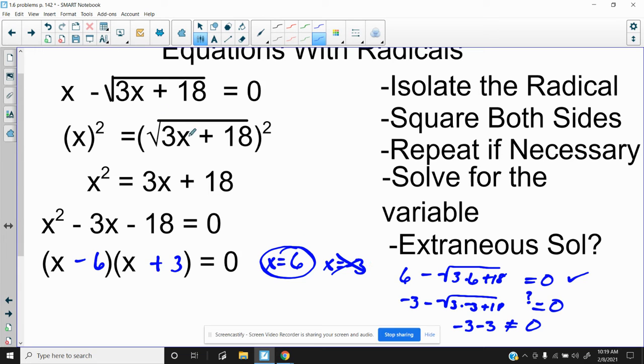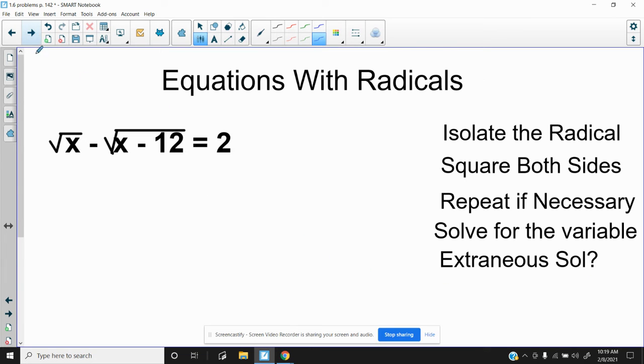Let's look at another example. I've got two radicals here, so I'm going to have to do the repeat if necessary step. Now, it's up to you which radical you want to get by itself. However, I think you would find getting the longer radical isolated is the way to go. So I'm going to subtract the 2 and add the square root of x minus 12, and now I'm going